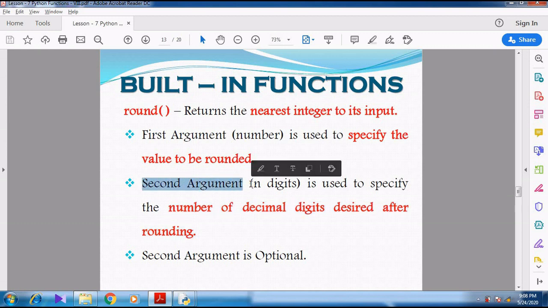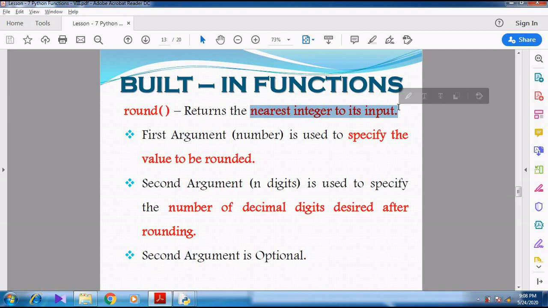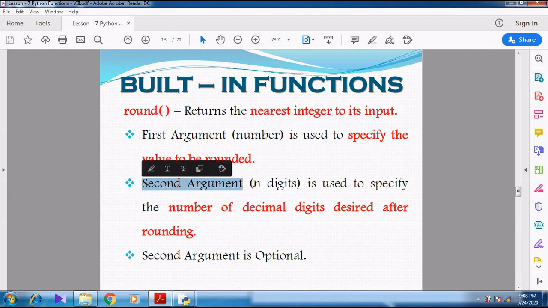So again I repeat, students. The round function is used to return the nearest integer to its input. It contains two arguments. The first argument is number, the second argument is n digits. The first argument specifies the value to be rounded.